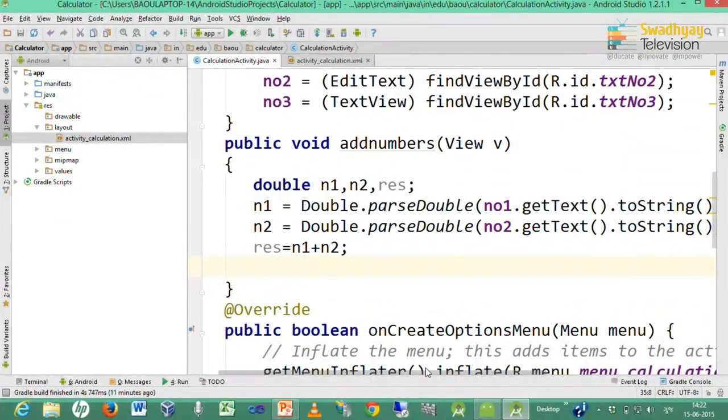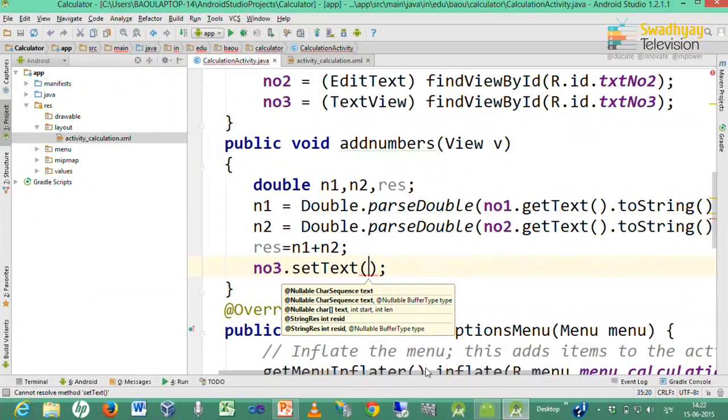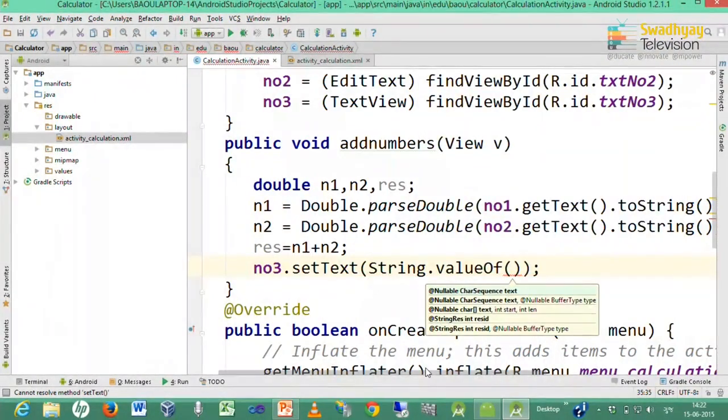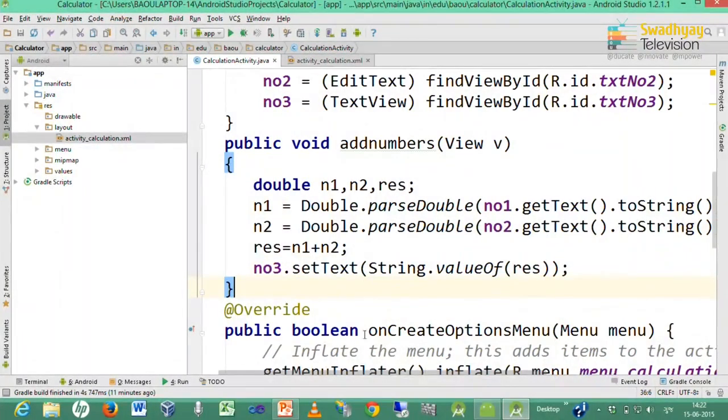Now, I want to display this result in the last text view. So, I write txtNO3, which is our last text view. NO3.setText, and we use the String.valueOf method for converting a number into a string.